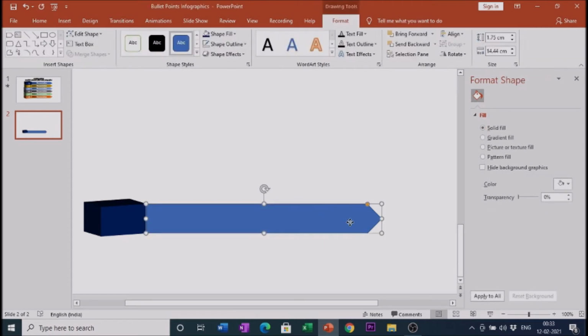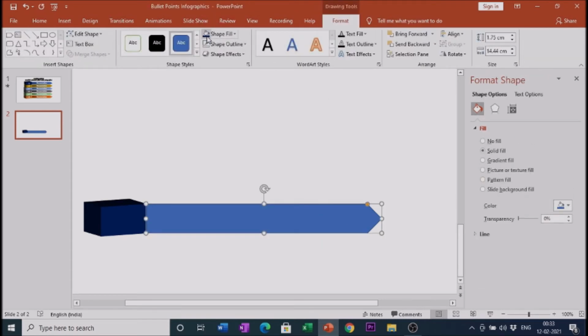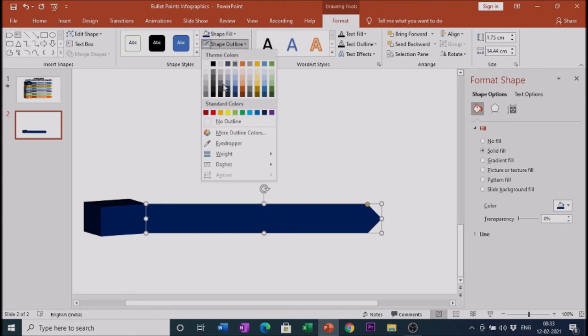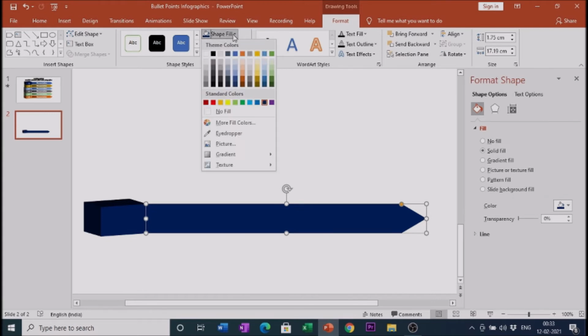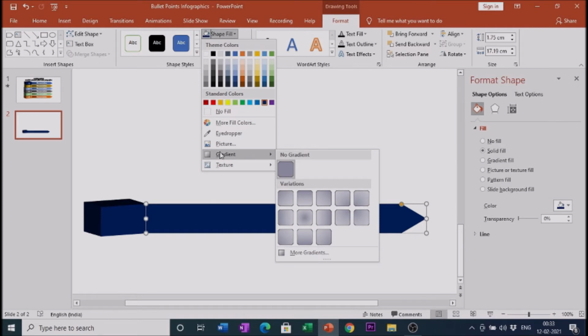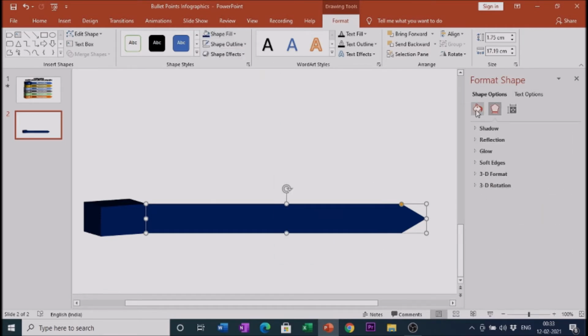Again I will give it the same shape fill of a darker shade, and the shape outline will be no outline. I would love to make this a little more pointed. It's completely your choice, and a little more longer. Now one more aspect needs to be done on this pentagon is that I need to give it a little bit of gradation. So I'll go to shape fill and I'll give it gradation through the shape option,